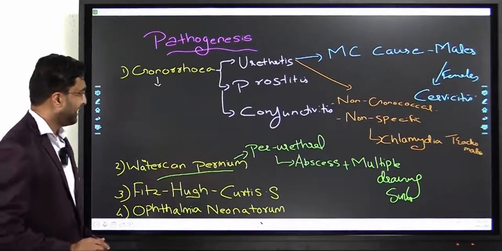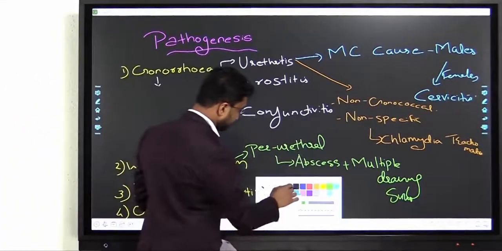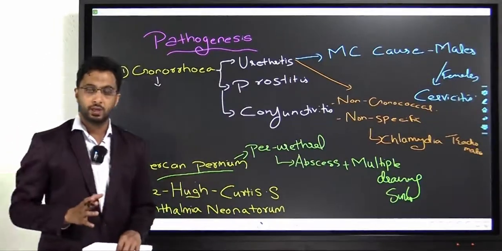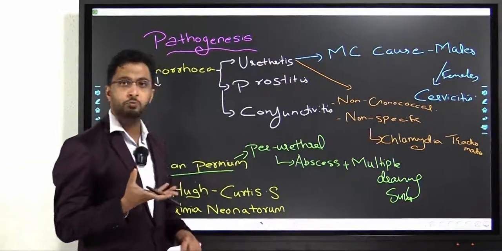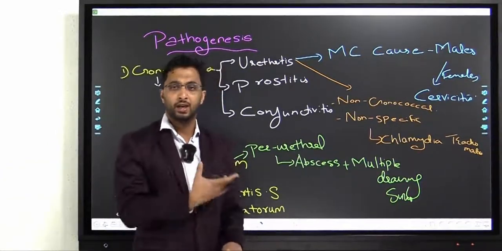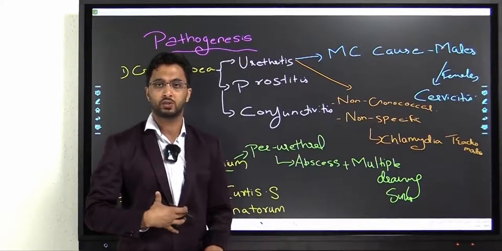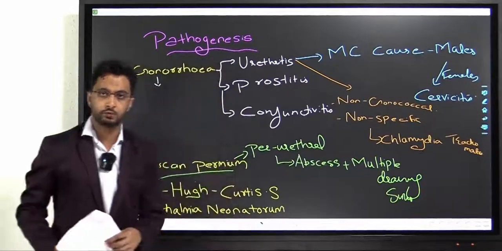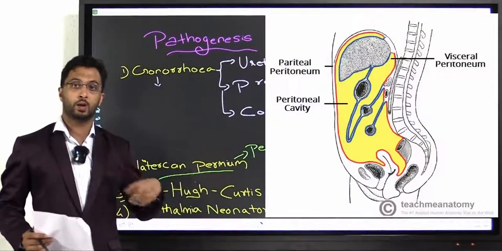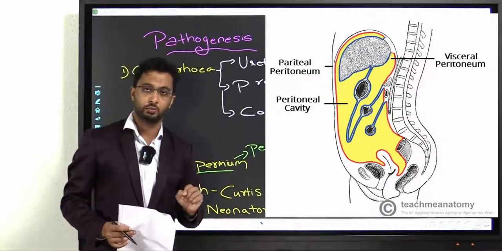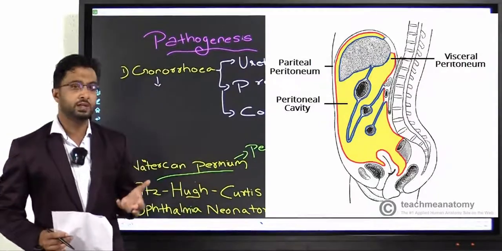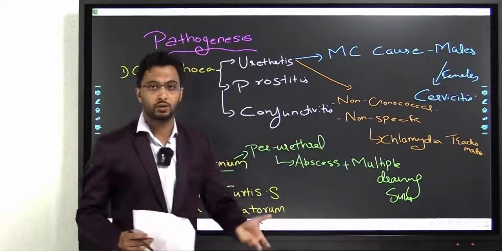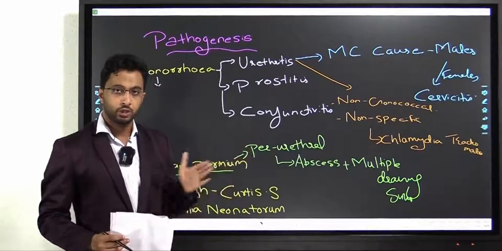Now, on the other hand, especially in females, what is peritoneum? Peritoneum is the lining of the organs in the viscera. I'll just show you an image. The outer lining which you can see, it's also labeled, it's the peritoneum. Now in females, also in males, if this particular infection spreads